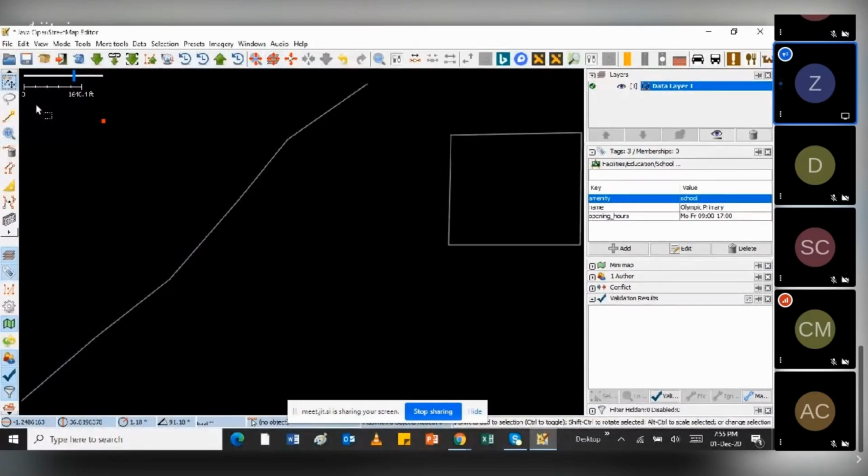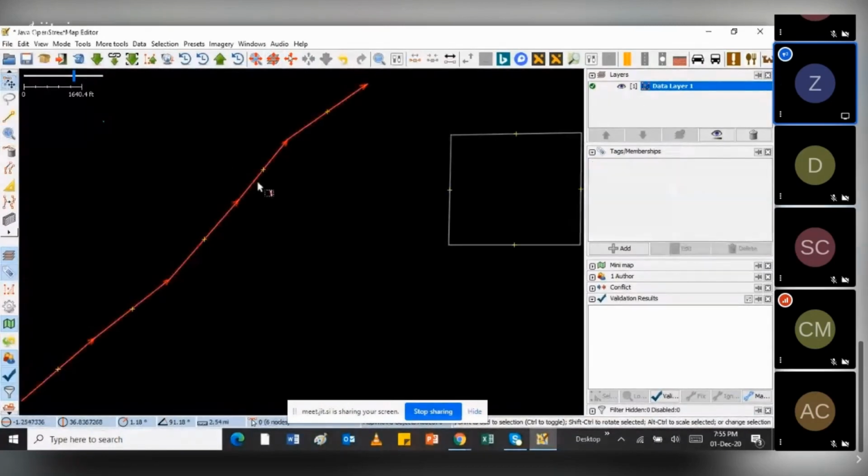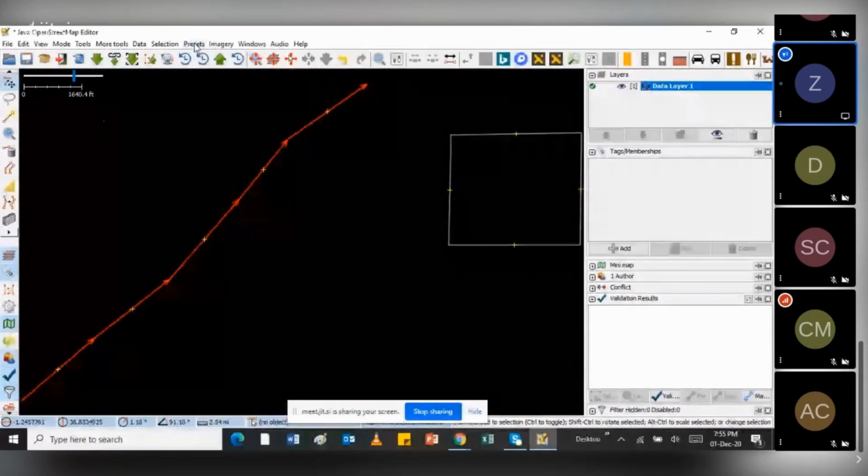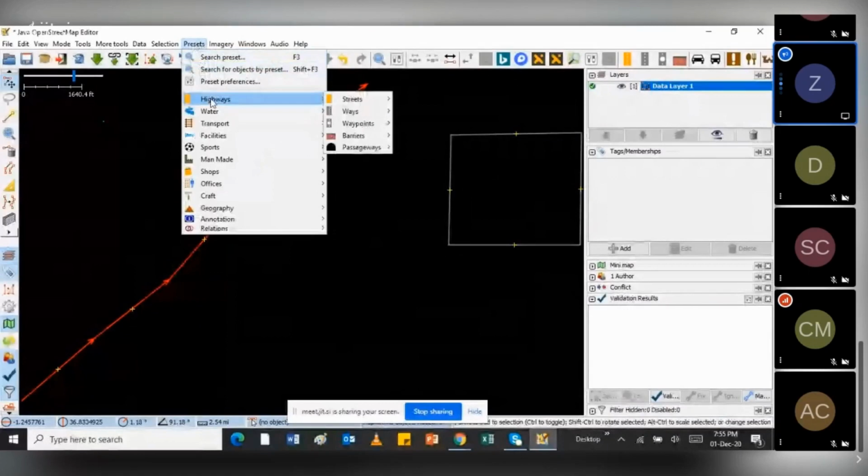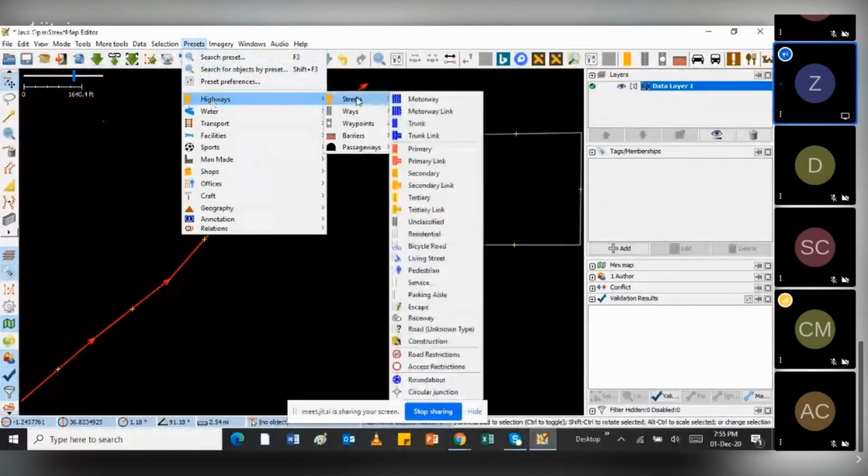I will select the road, and you can see there's no information added here. So again, I'll go to preset, and go to highway, then street, then I'll choose which kind of road feature it is. If it's not falling under this, then I'll scroll below.